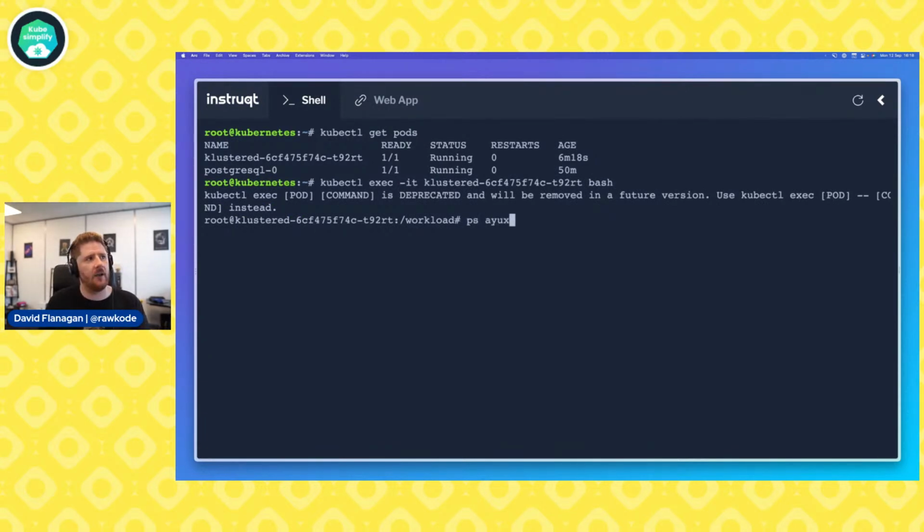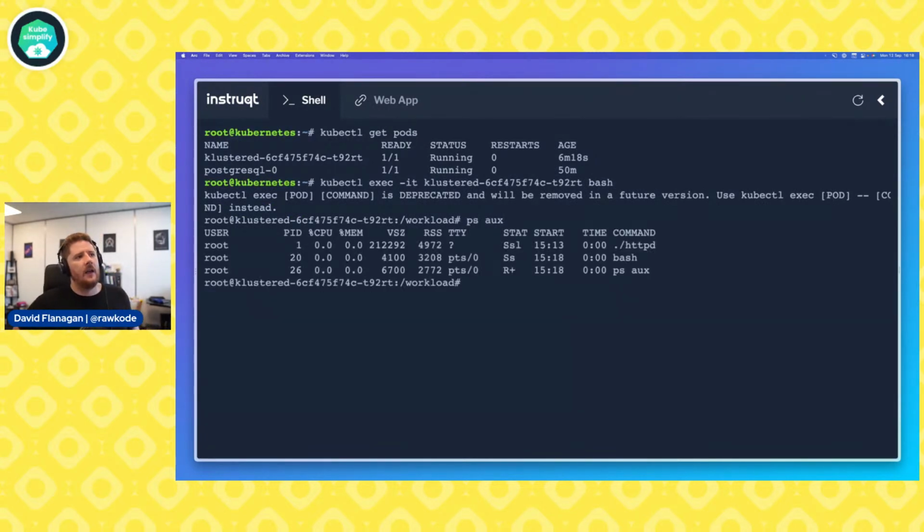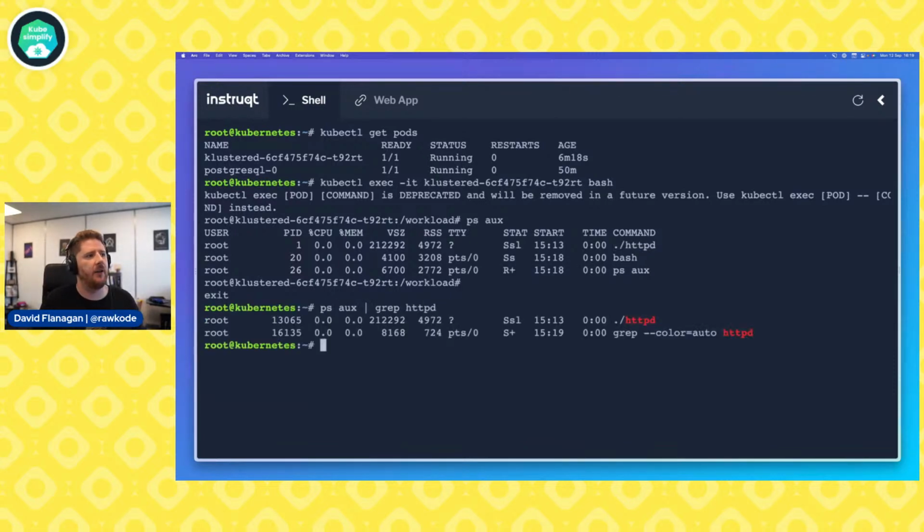From here, we can take a look at our process table. You can see that our process is running HTTPD. Samarth is asking what we're looking for. We're looking for the port that our application runs on. So we can see here the command is HTTPD. So we could now actually grep for HTTPD on the host process. This gives us more information that we can use with more host commands, which means looking at netstat, lsof, and trying to filter it by process, which might reveal a little bit more.